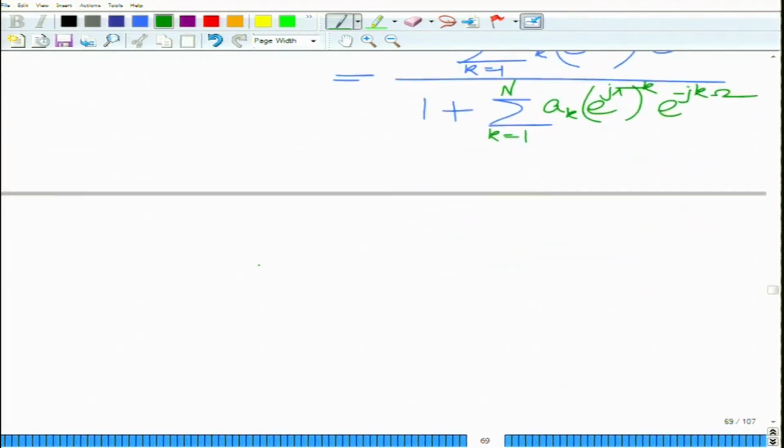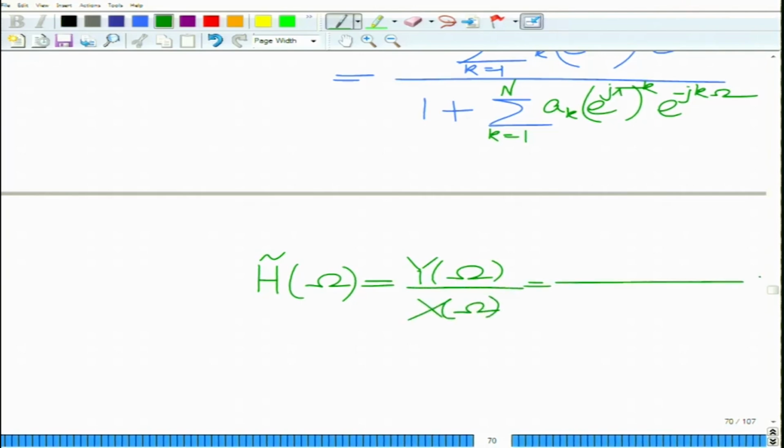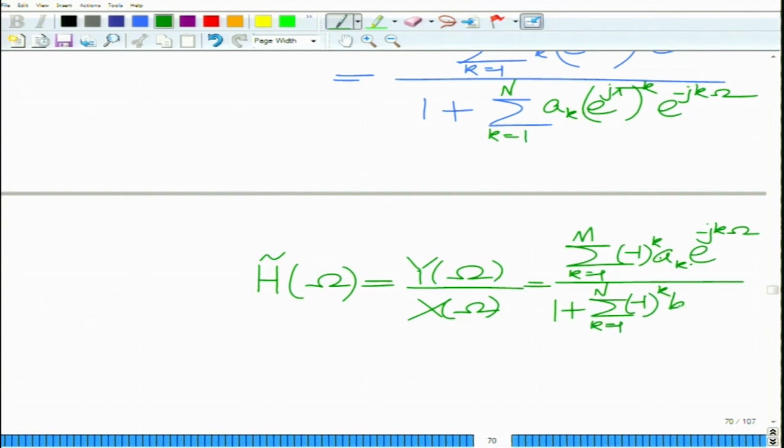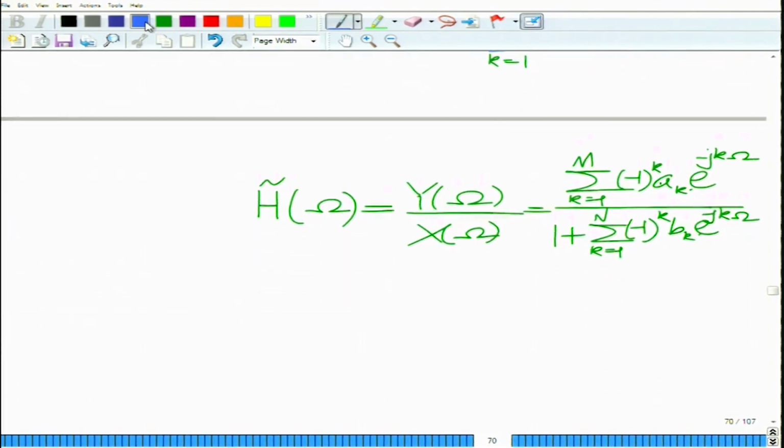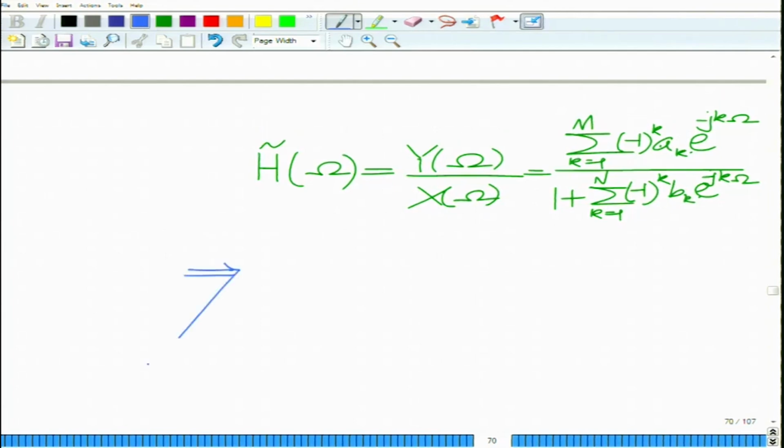So, H tilde of omega, the transfer function of the equivalent high pass filter, is Y of omega by X of omega, that is, the summation k equals 1 to M minus 1, raised to k, a_k e raised to minus j k omega, by 1 plus the summation k equals 1 to N minus 1, raised to k, b_k e raised to minus j k omega, and therefore, this implies that if you look at this, we have